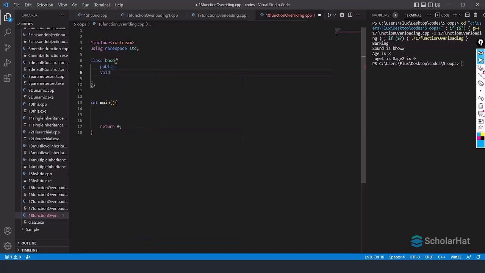I'll write display as the function name, and inside the display I'm going to write a cout statement: base class display function.